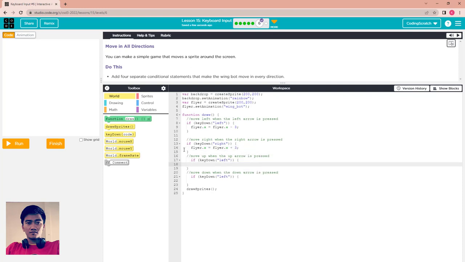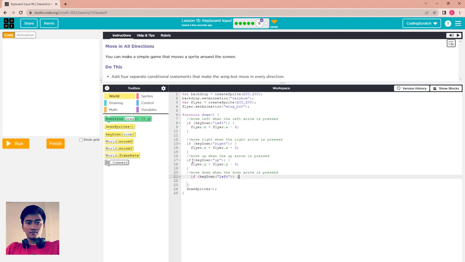Okay, and this one is key, change it to up. Okay, and sorry, back to the if a little bit, and flyer dot y equal to flyer dot y -3